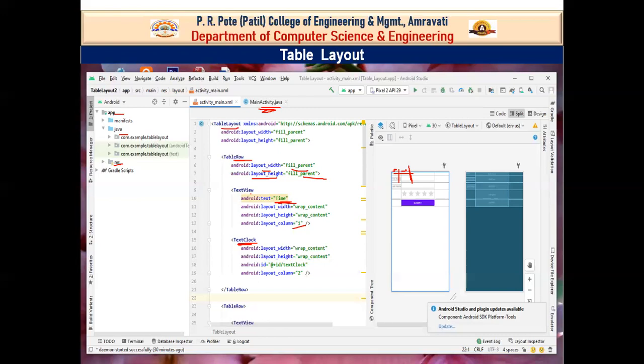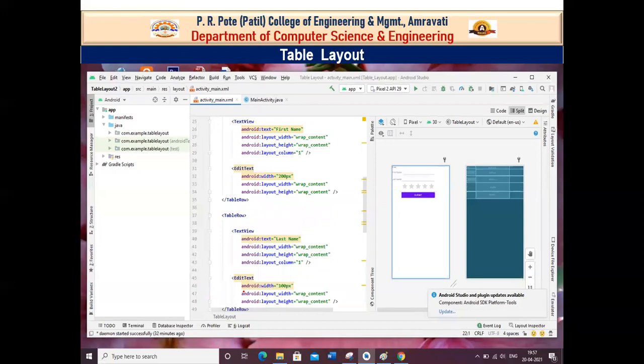So column number 2. So here I have created 2 columns. After that, first row completed. So end tag, that is slash table row.